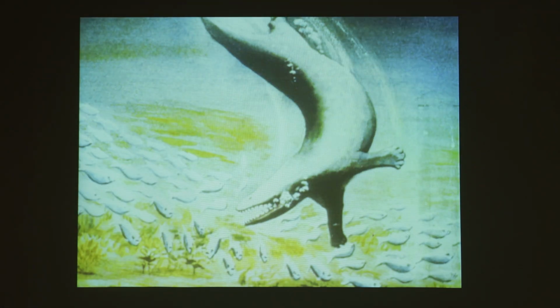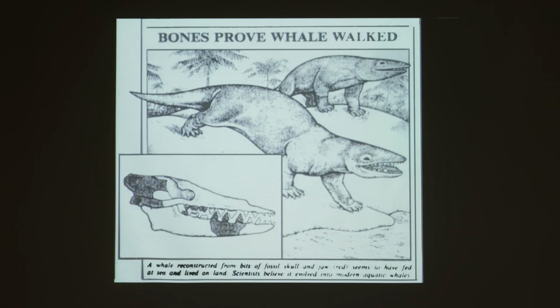Here's some more great artwork. Here is Pakicetus, the ancestor supposedly of the whale. Because the whale is a mammal, but it's in the ocean, so it must have previously been on land, and then eventually evolved and decided to go back into the water. So here was supposed to be the ancestor of the whale, Pakicetus. Well, when you see great artwork like this, what question should you ask? That's correct. So here's the evidence that they found.